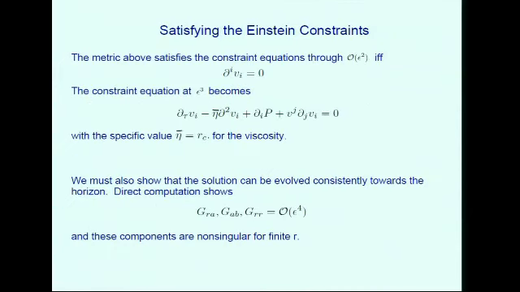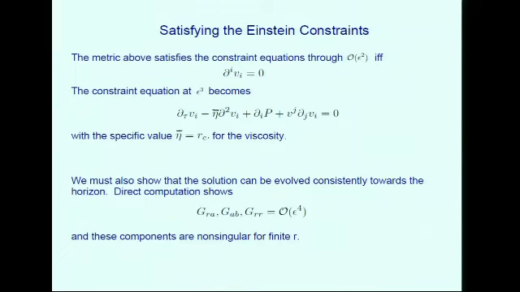Let's check and see if this actually satisfies the Einstein equations. Of course, I won't do all the algebra for you, but I want to talk about how it goes. So, the metric on the previous page, you can check it satisfies the constraint equations on the cutoff surface through order epsilon squared, as long as the velocity field that you've written down is incompressible. And then if you write the constraint equation at one higher order, what you find is the Navier-Stokes equation.